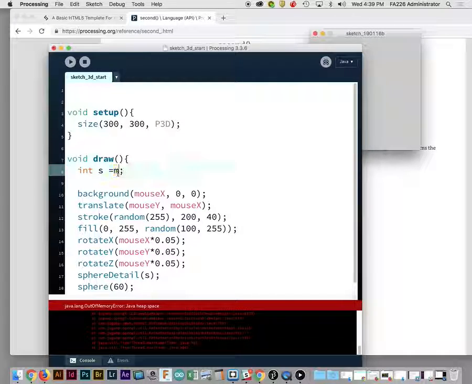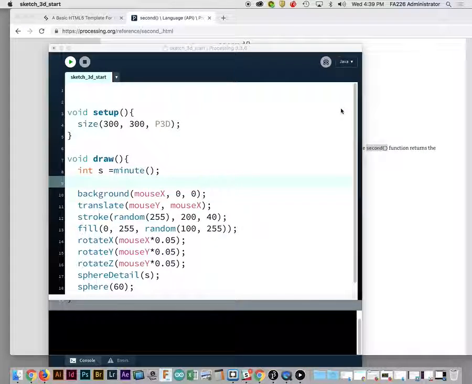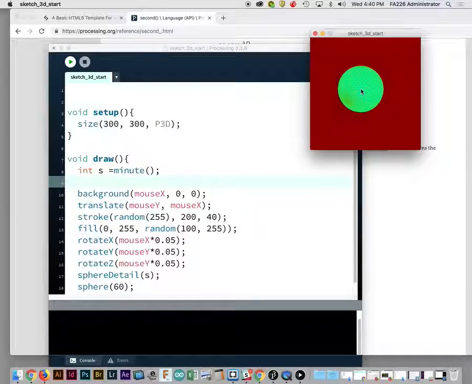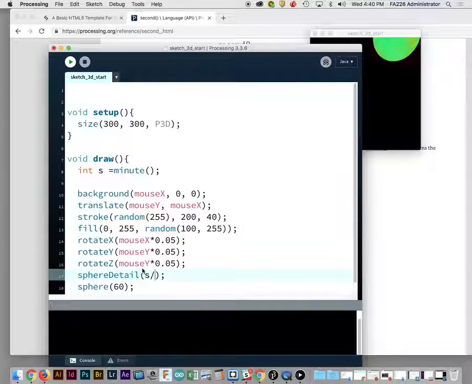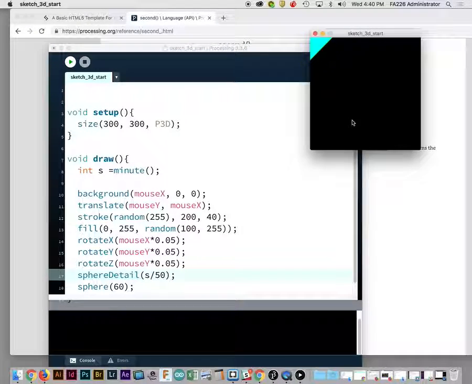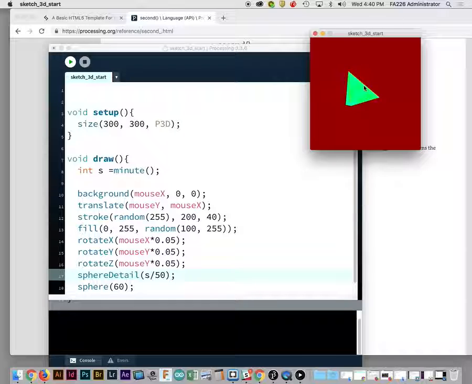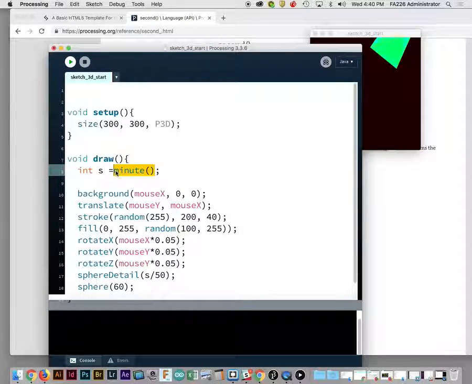You can also do, for instance, minute. But obviously, that will only have a change every minute. But again, you can do things like minutes divided by, I don't know, 50 or something like that. So you can limit the time a bit more. So this is whatever minute it is divided by 50 right now, and then the next time the minute happens, it'll divide that minute by 50, okay? But second,